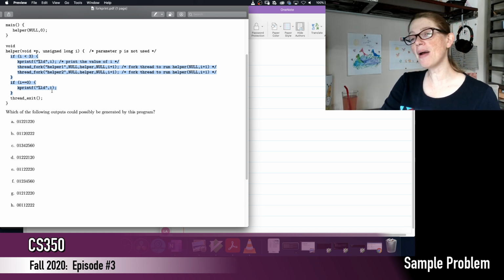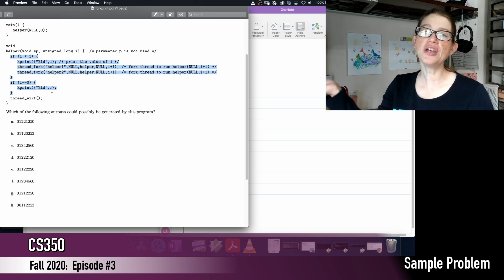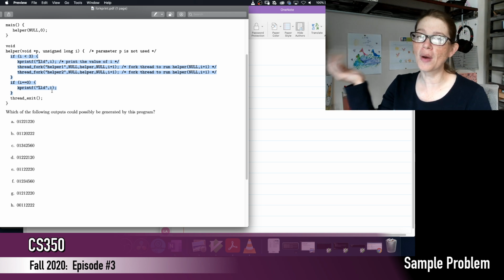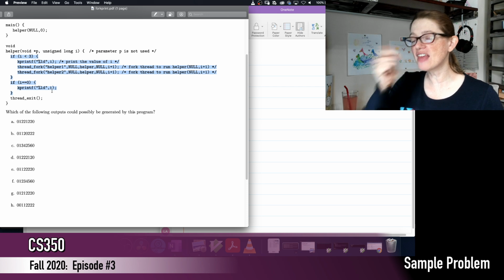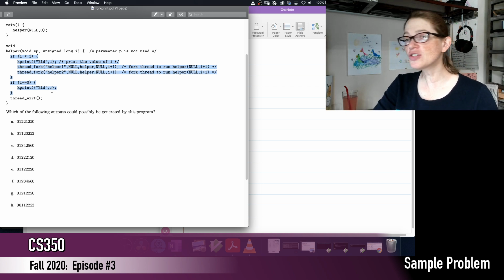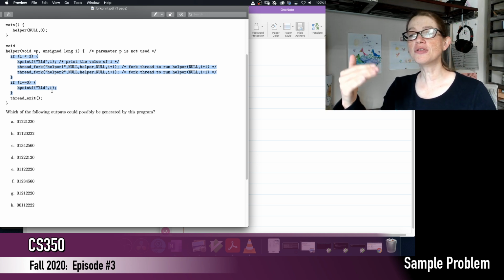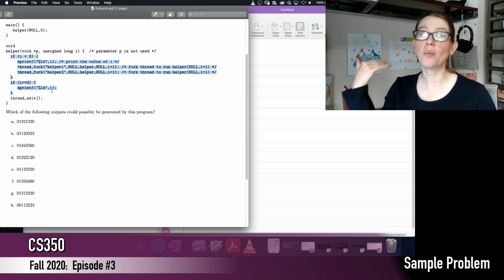A couple things to remember when doing problems like this. One is that you have absolutely no control over what order threads will actually execute in. When you fork a new thread, you might be thinking that thread is going to start running, but there's no guarantee of that. The thread typically gets created, that is, the structure is produced, and then